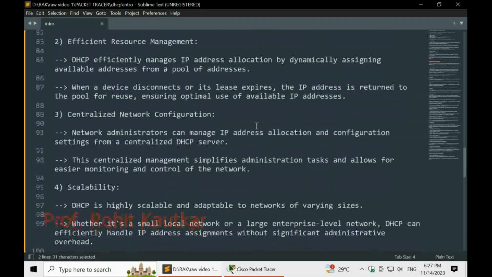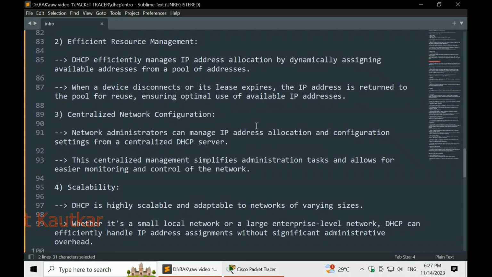Second advantage, we will move to efficient resource management. DHCP has the ability to efficiently manage IP address allocation by dynamically assigning available IP addresses from the pool of addresses. The network administrator will provide what range of addresses the DHCP server can use.